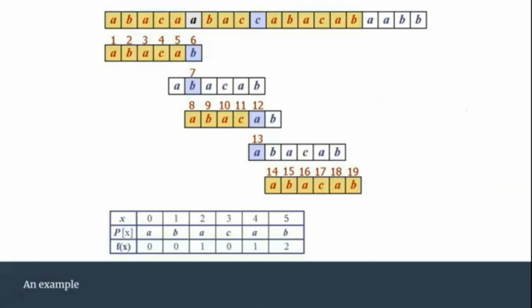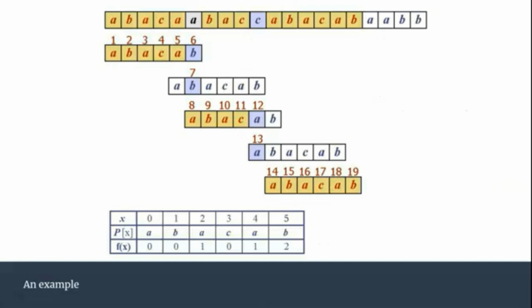Now let's see how it actually works while comparing with the actual string. Here, on the top, we have our actual string and then the pattern, and we compare one by one. We compare A with A, B with B, A with A, until we find a mismatch at index 6, which is B and A. Since we have found a mismatch, what KMP does is it looks up the LPS table